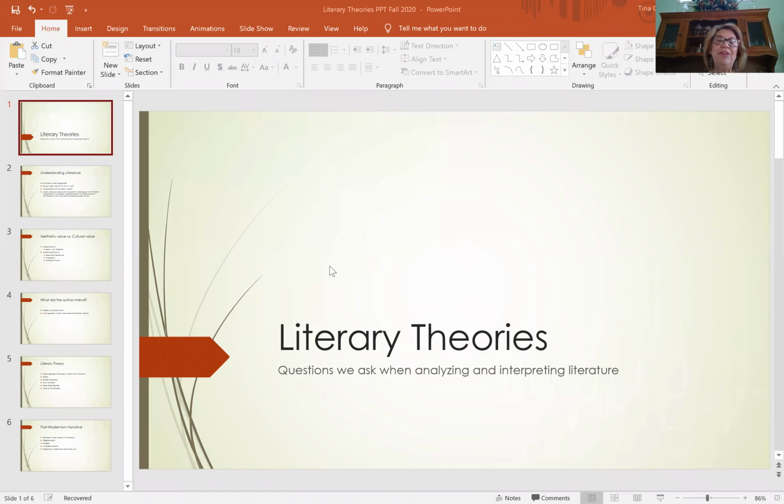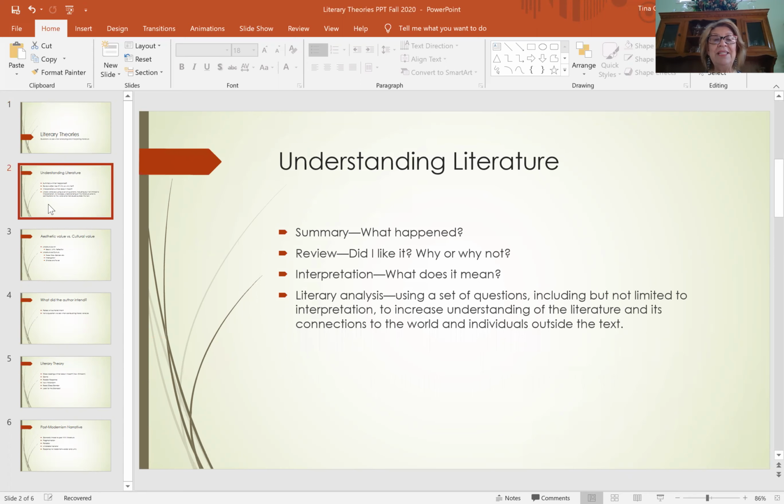Okay, so literary theories have come about quite prolifically since the end of World War II and probably came to most notoriety in the 90s. You should not be intimidated by trying to understand all the literary theories and the jargon that goes along with it. What is important to understand is that each literary theory gives us a different set of questions to ask when trying to analyze literature. And each of the literary theories will lead us down a path of perhaps a different kind of understanding of the text.